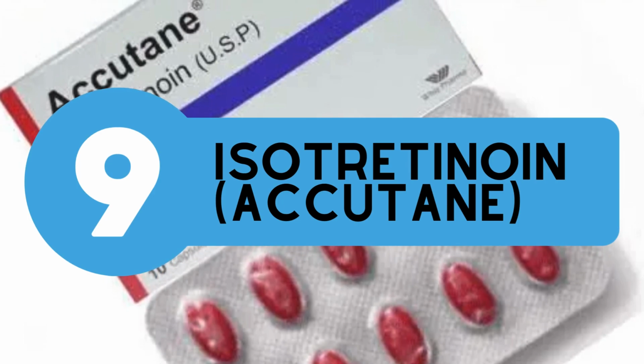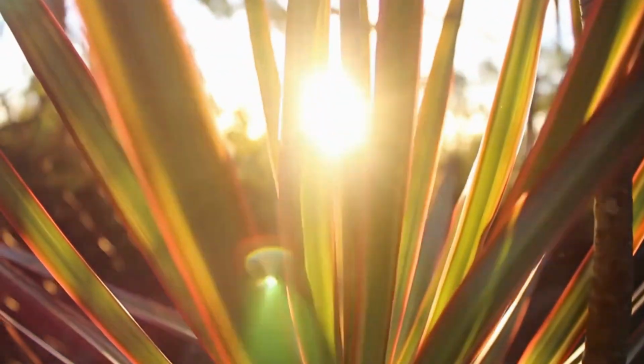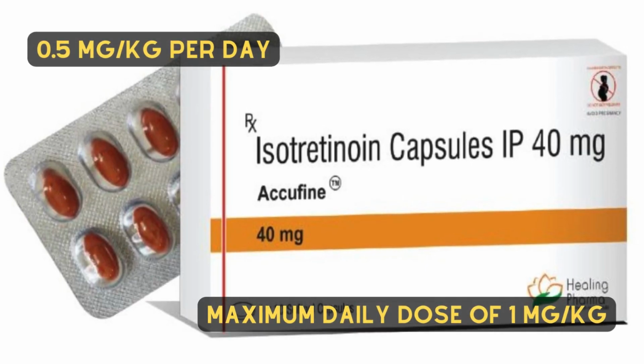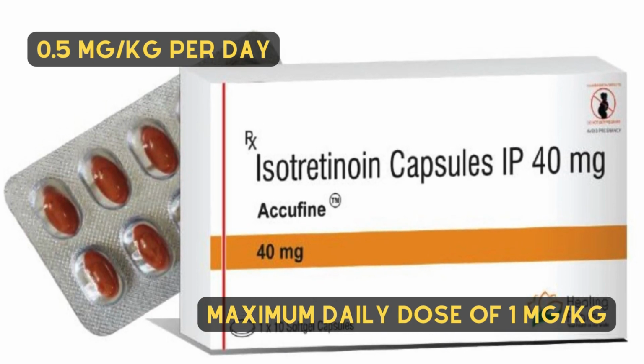9. Isotretinoin. Isotretinoin is a potent remedy for severe acne. Nevertheless, it comes with a side effect of increased skin fragility and heightened sun sensitivity. A 2018 study published in the Journal of Dermatological Treatment disclosed that isotretinoin can lead to significant sunburn and UV damage. The typical starting dose for isotretinoin is 0.5 mg per kilogram per day, with a maximum daily dose of